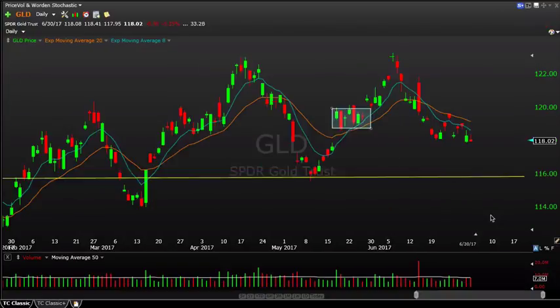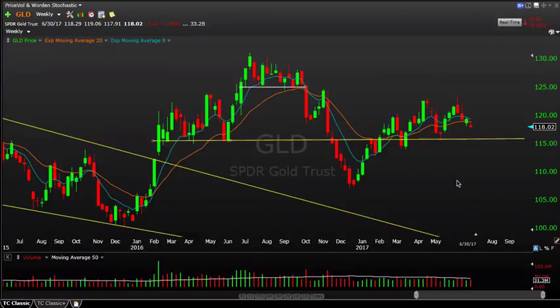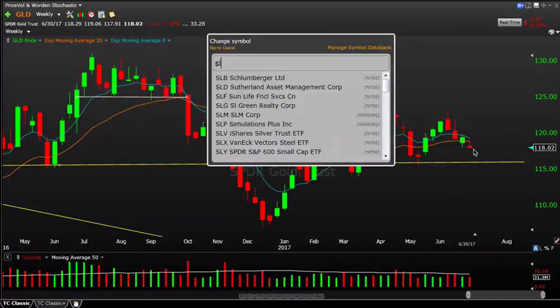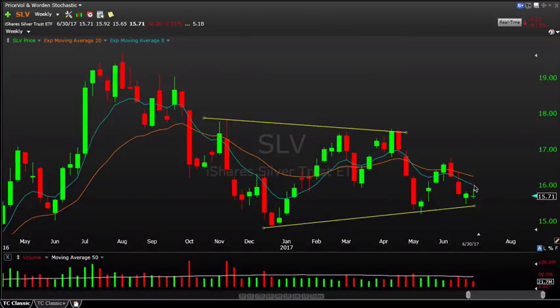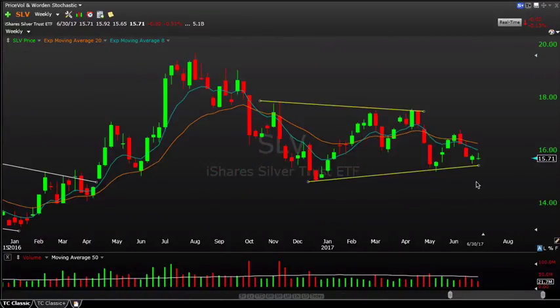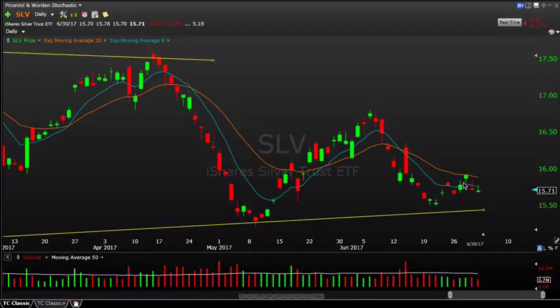And finally, the metals, GLD closing basically at the lows of the week. Again, still nothing impressive here for me. Just looks sideways, chop and frustration. Silver closing slightly lower on the week as well. Again, just looks like a lot of chop and maybe frustration there, not something that has my interest one way or the other. So that's gold, that's silver. I think that's all the majors.